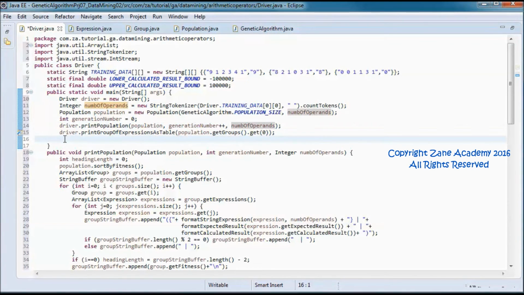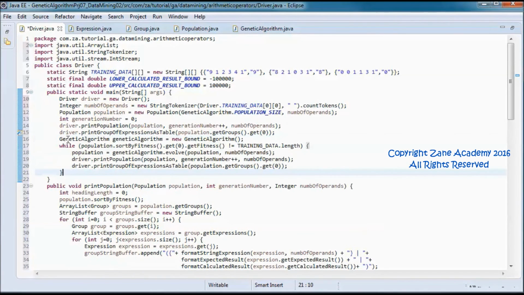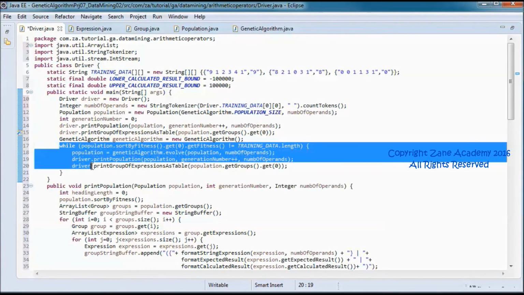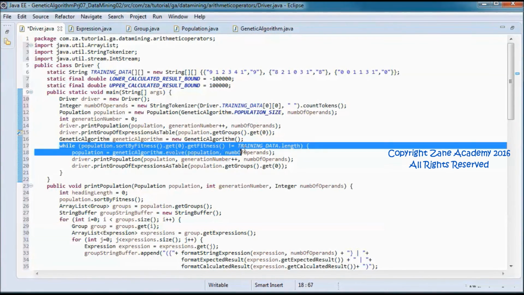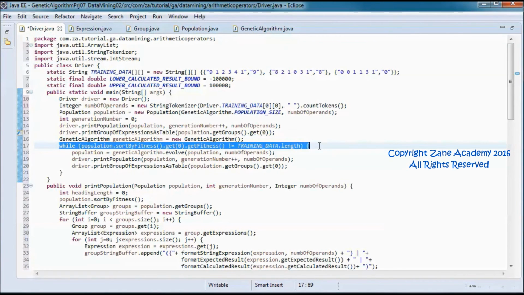And next, let me instantiate a genetic algorithm, and I'll go through that population, checking the fitness of the fittest group in that generation, and if not all the expected results are equal to the calculated result, then we keep doing the while loop.